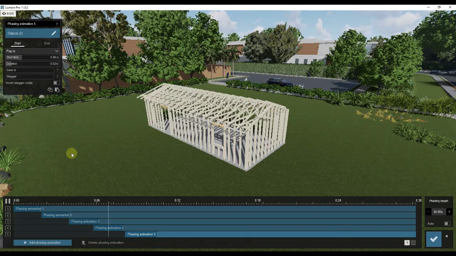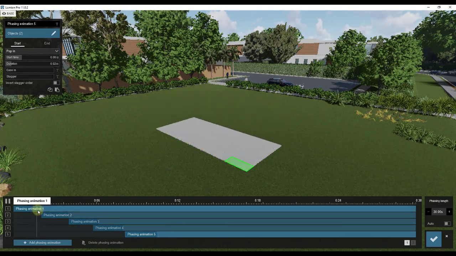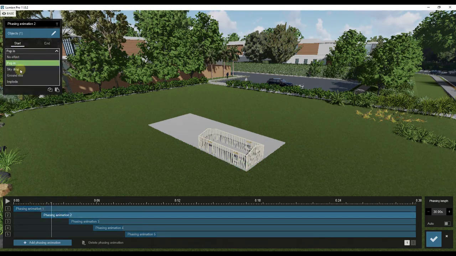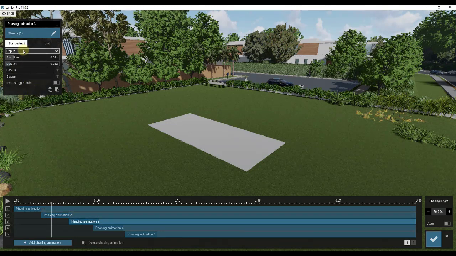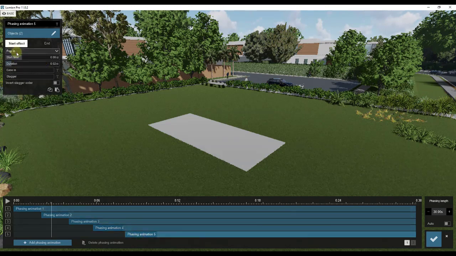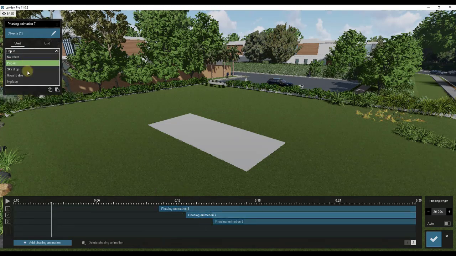our trusses, etc. All the different parts and pieces now come in here, and they grow in. And you could definitely come in here and adjust these so that they drop in as well. So if you didn't like the pop-in effect, for example, we could use the sky drop effect. I wish there was a way to change all of these at once. That would be really convenient in case you have a complicated phasing animation that you wanted to see how it looked with one of these other animation types. But we'll go ahead and switch all of these to the sky drop.